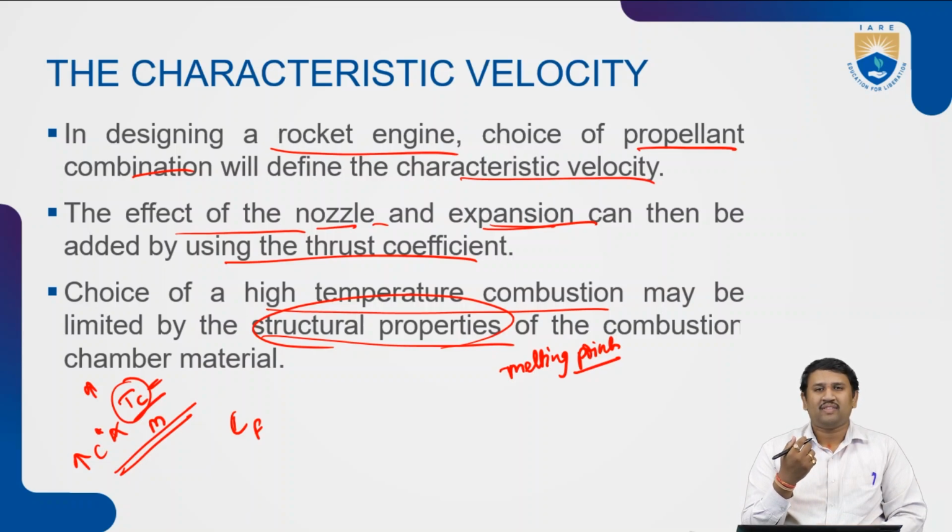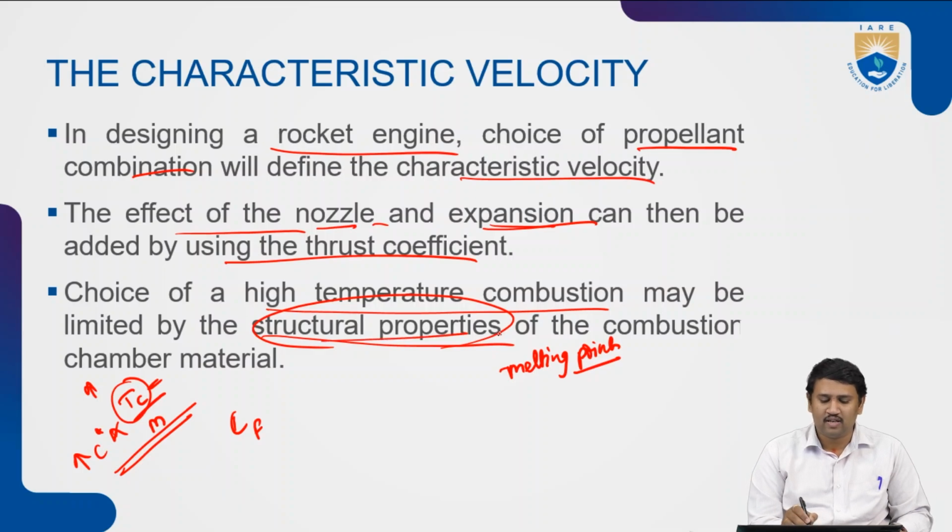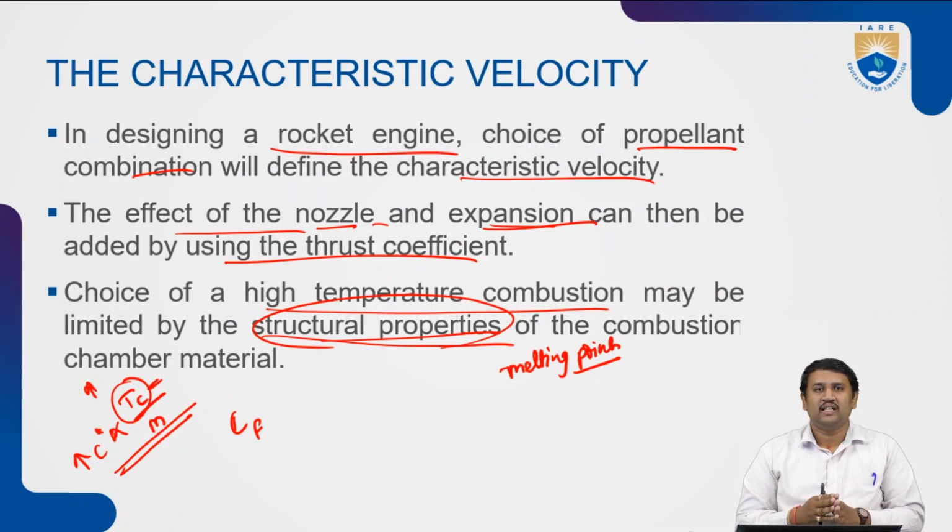Basically, they tend to melt. As soon as they melt, there will be a loss in pressure, particularly a breakage of your rocket engine. So, every time we are designing a rocket, we look at the structural properties of the material that we are considering, and we try to maintain the temperature generated inside a rocket engine within those limits, right? And based on our requirements, we will be increasing them further by allowing the limits. And there are a few methods through which we can control the temperature that we will be discussing in our further